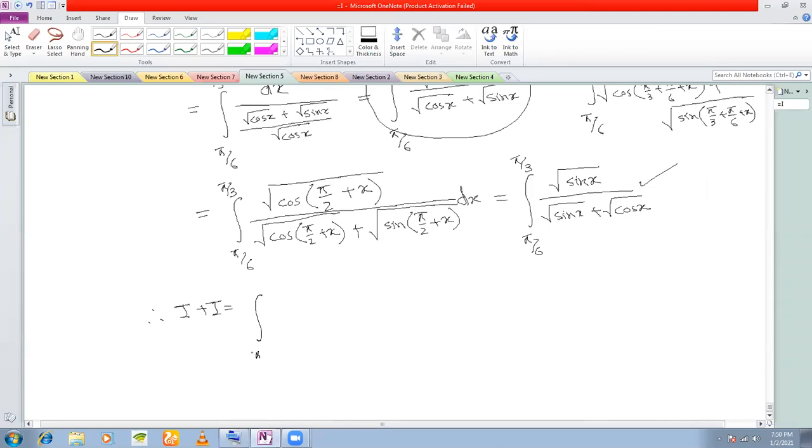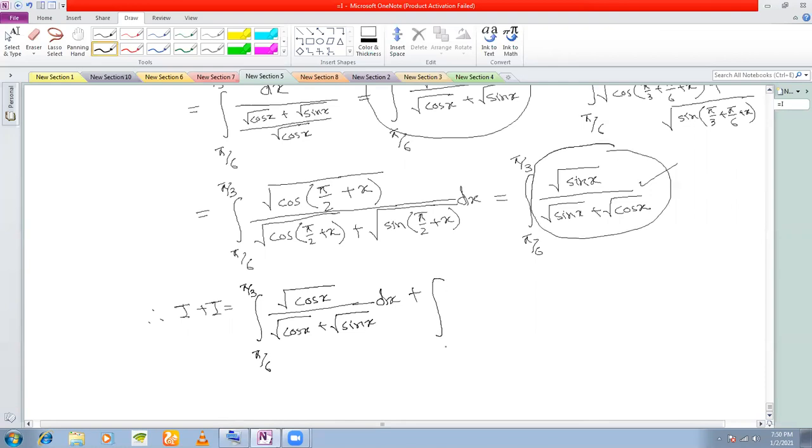So you write integral pi by 6 to pi by 3 root cos x divided by root cos x plus root sin x dx. Also now you write this: integral pi by 6 to pi by 3 root sin x divided by root sin x plus root cos x dx. Now you add up the two integrals,